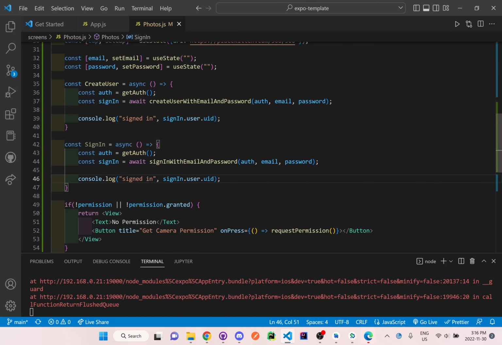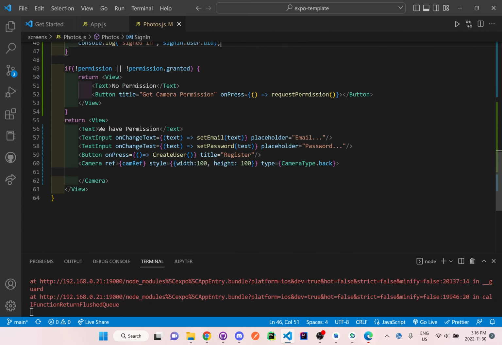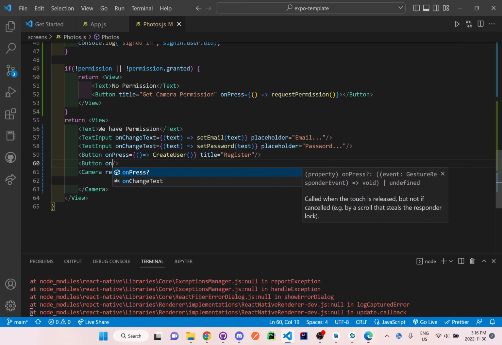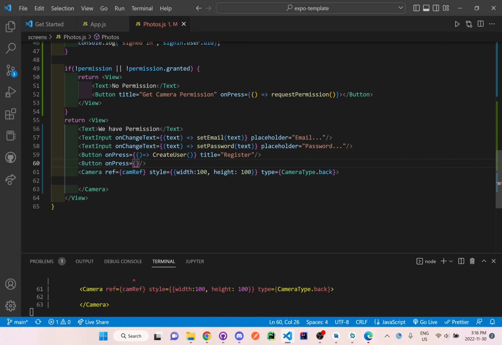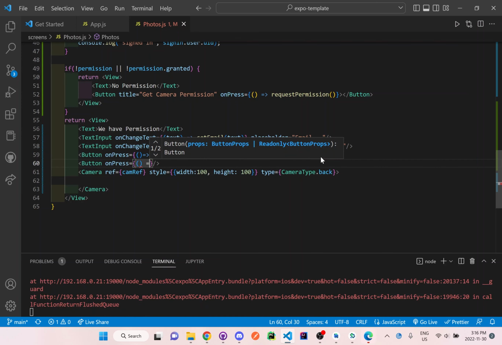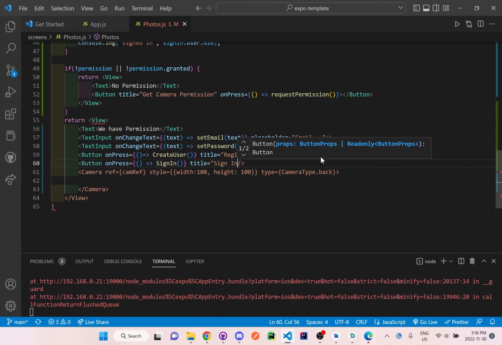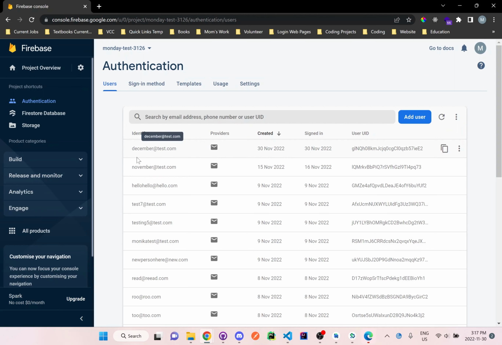And what I'll do is I will create another button at the bottom here. And in this button, I'll do on press for the sign in now. And I'll have the title of sign in. And when you rerun your application on your mobile phone, I can see that I have the register and sign in button now. So what I'm going to do is I'm going to try logging in with this user November